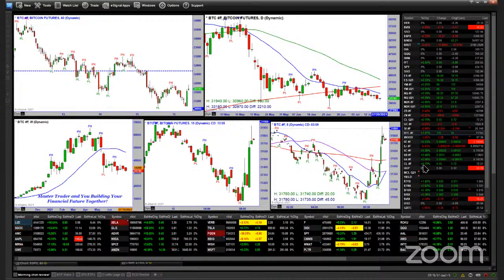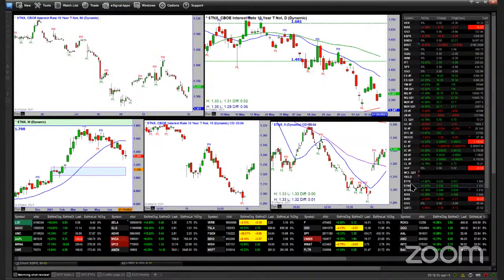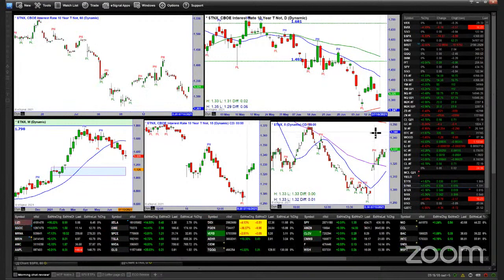And interest rates up here a little bit. And so the markets, I think, like that. The fact that they're not continuing to go lower, they have trended down here. The dailies are in a downtrend, and just based on